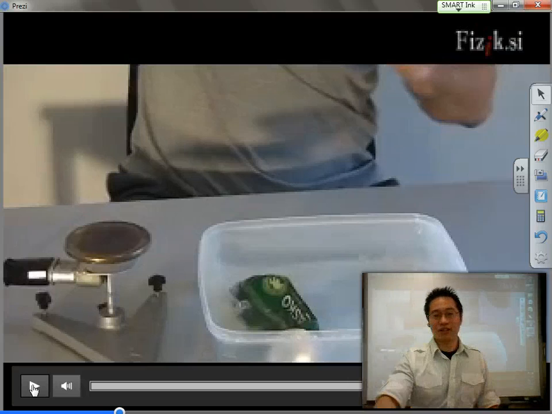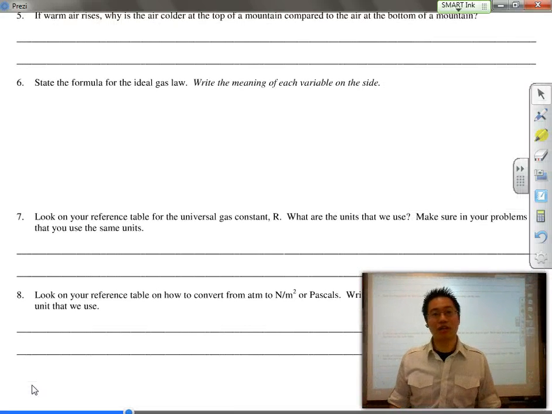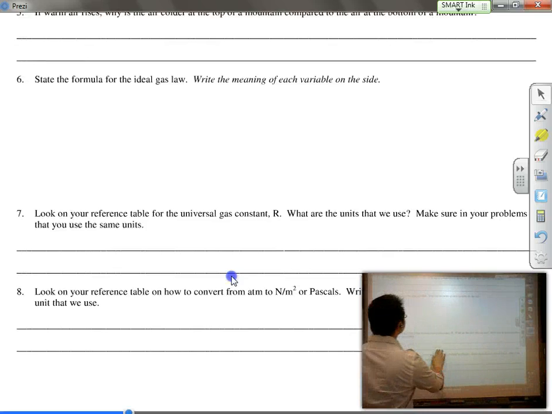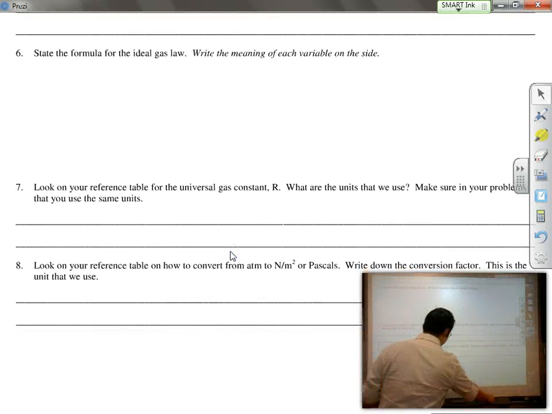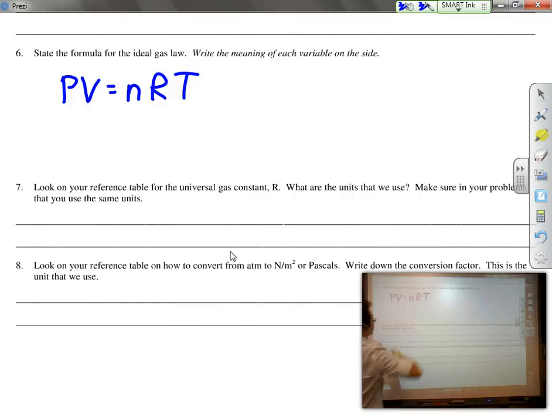Okay, so that's the ideal gas law. And last year you learned about how they can be related for situations where you set them equal to each other, and we're going to do that in a moment. But the actual ideal gas law looks like this. All three gas laws combined create PV equals nRT. N is the number of moles